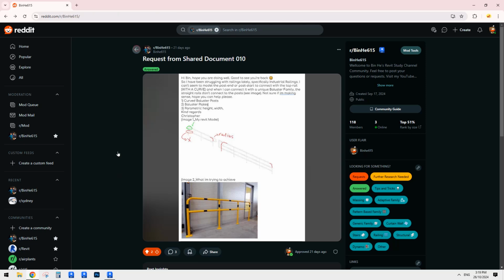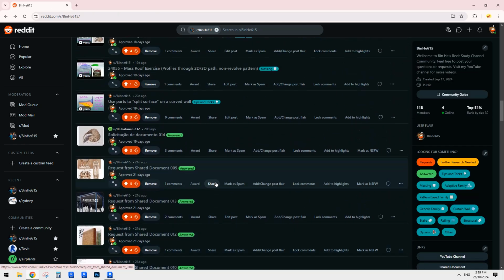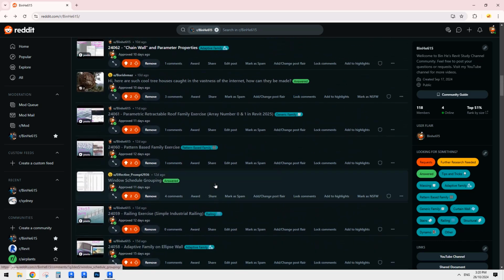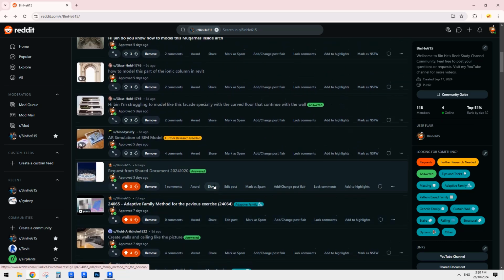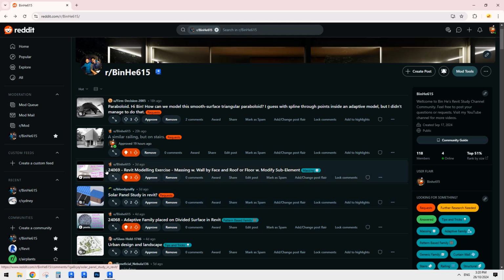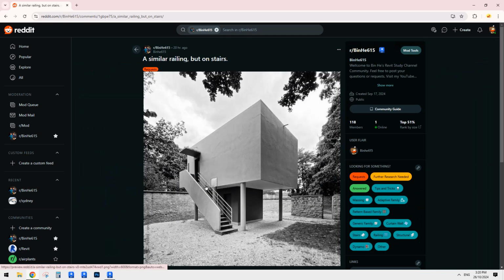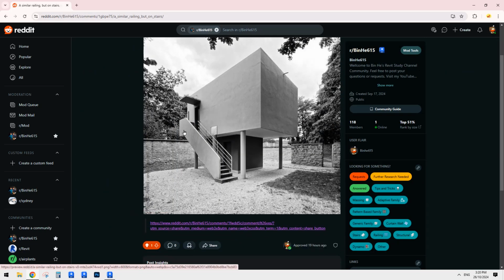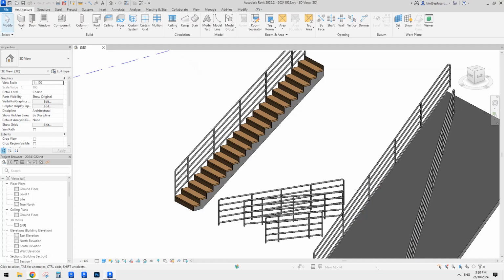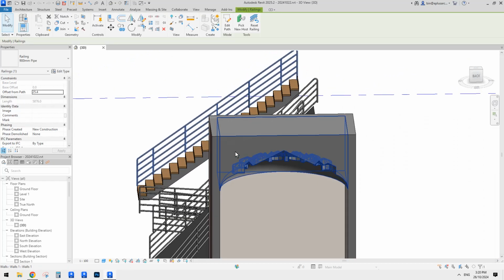So this time we're going to make it for stairs, which means we can't use that one anymore, because we used a baluster post for those starting and end posts, and they won't work on a stairs. So this will be the final